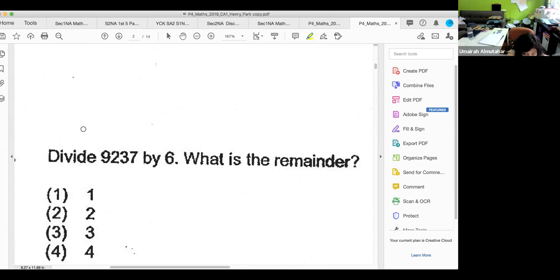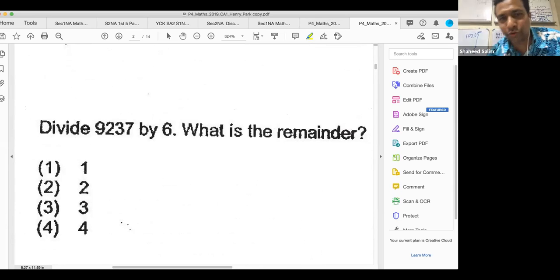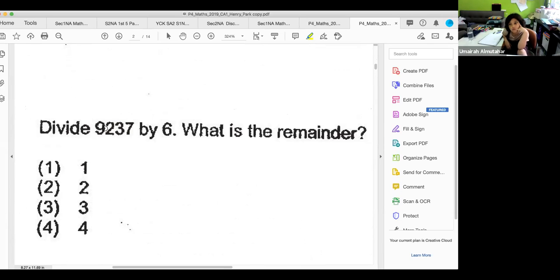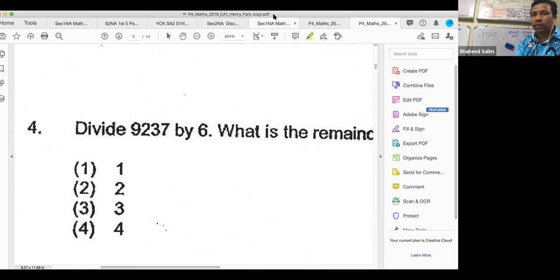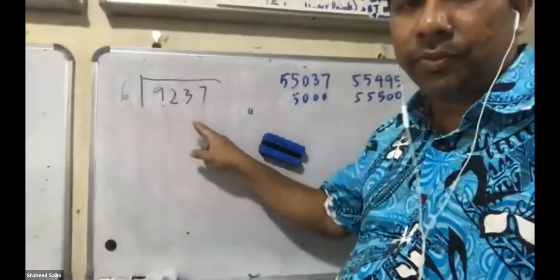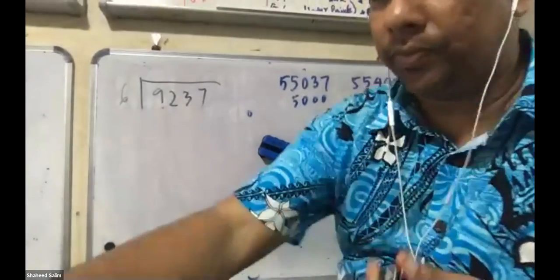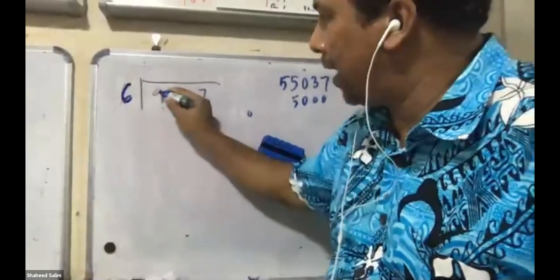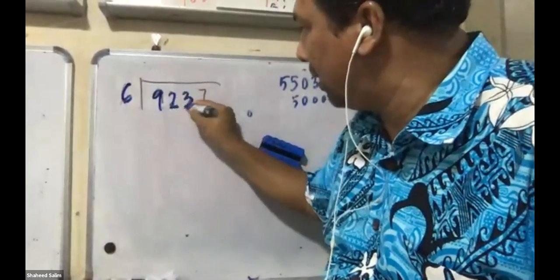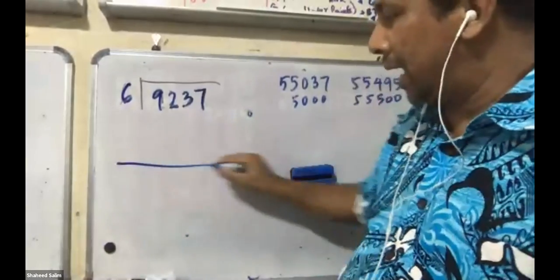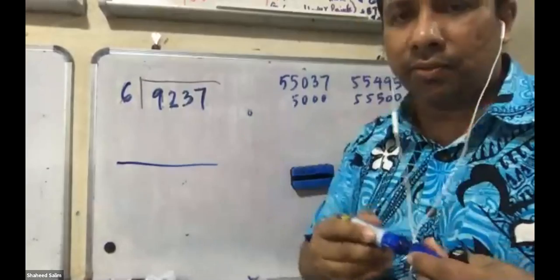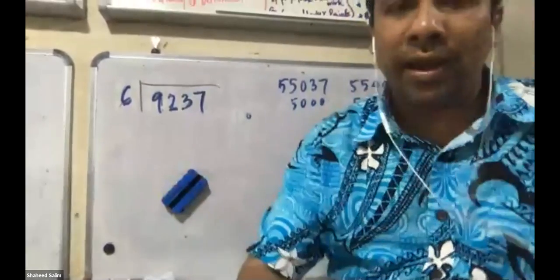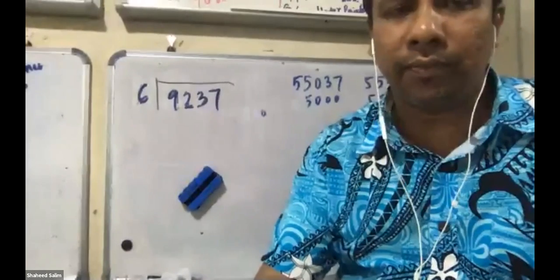Now let us do it without using a calculator. Can you please do long division? You know what long division is? If you do not know long division, I will show you on the board what long division is. You have to do it like that. Question 4, like this. Yes, this is question number 4. They want you to do it like that and find the remainder. Remainder means at the end here you get a number. That's the remainder they're talking about. They want you to find the remainder. Okay.